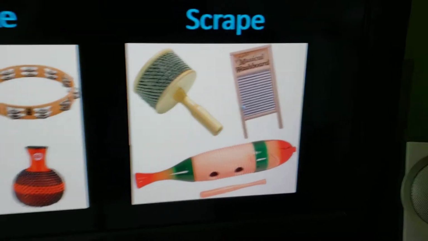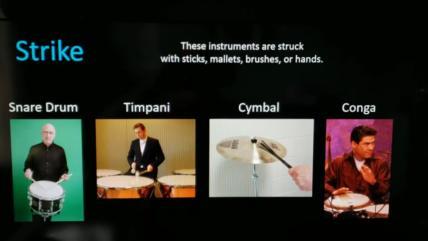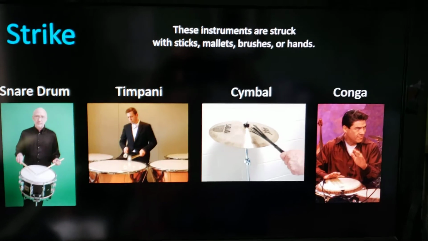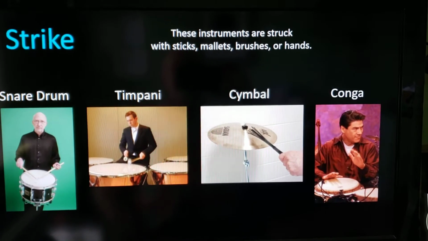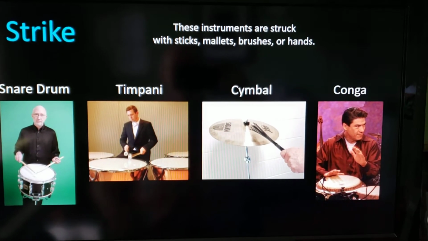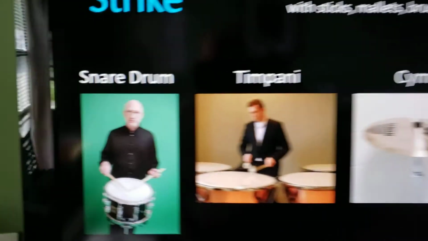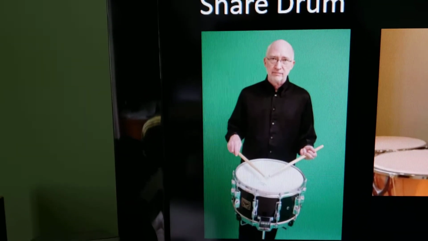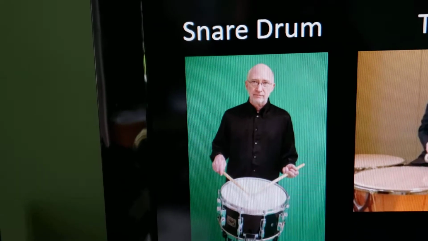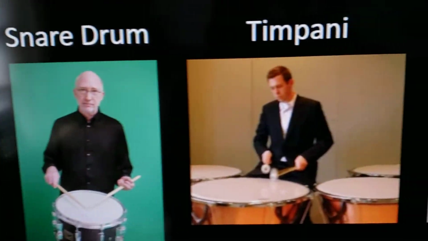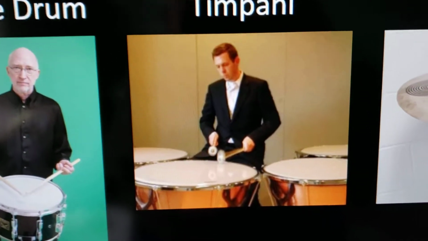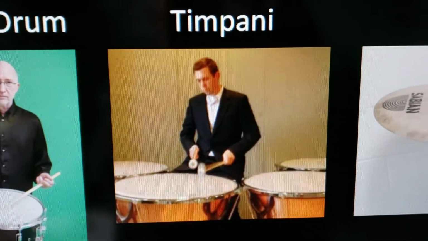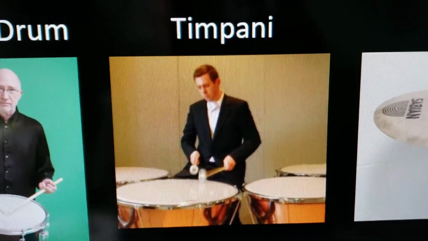Let's take a look at those right quick. First, instruments that you strike. These instruments are struck with sticks, mallets, brushes, or even just your hands. First, you have a snare drum, which the player plays with a pair of sticks. Then there's the timpani, and he plays those with mallets, which are very much like sticks, except they have some